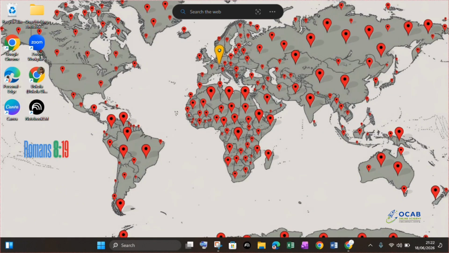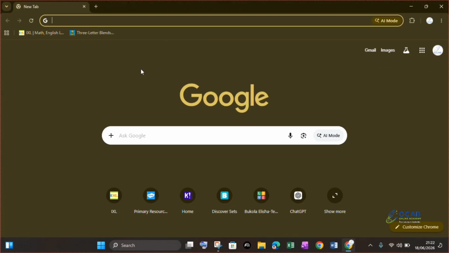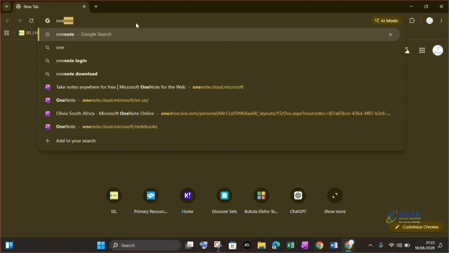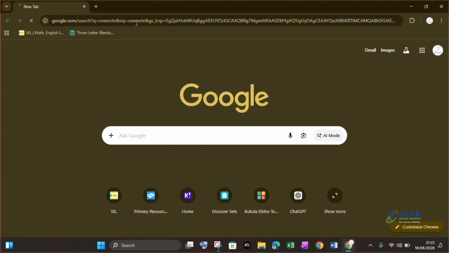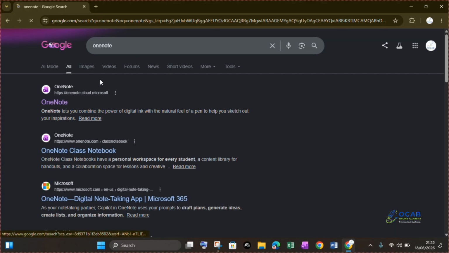Zoom and OneNote. Let's dive right into it. You want to make sure you have a Google account or Microsoft account because the product is actually for Microsoft. But I want to go to Google. You type in OneNote on your browser, whichever one you're using, and to show you all of this,